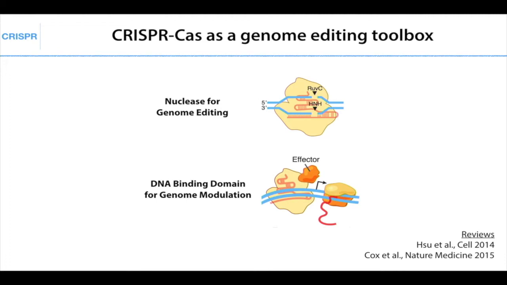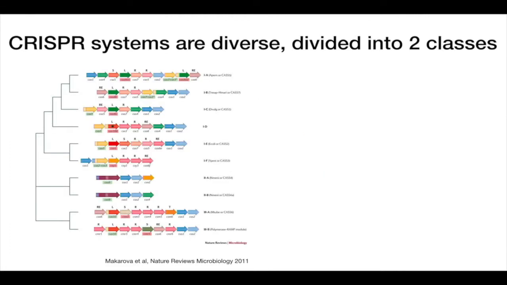One of the questions that we were interested in is looking beyond Cas9 and asking the question, besides Cas9 in these CRISPR systems, are there other enzymes that can allow us to expand the number of operations that we can perform inside of a cell? So in order to move forward, let's look at the CRISPR diversity known back in the year 2011. And so each one of these sets of genes denote one type of CRISPR system. And so CRISPR, in fact, represents many, many different bacterial immune systems.